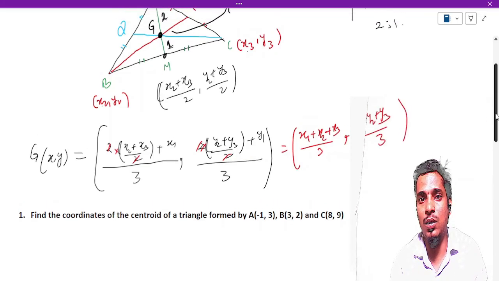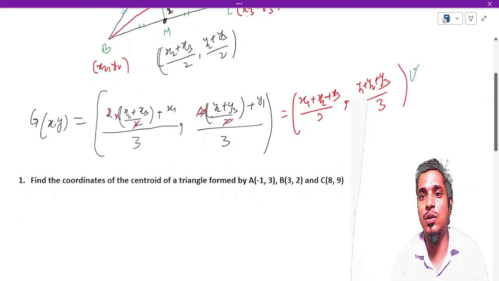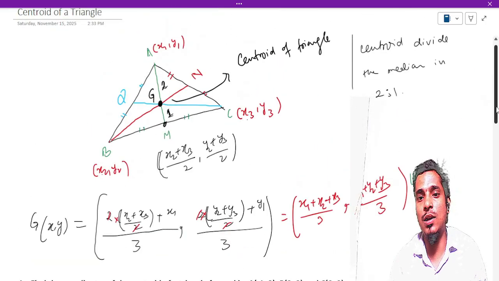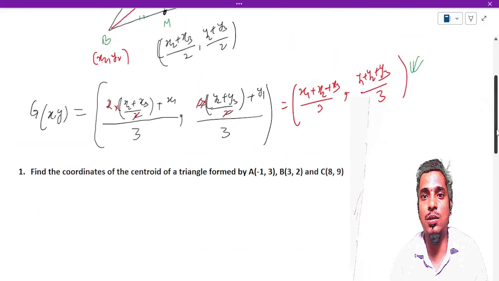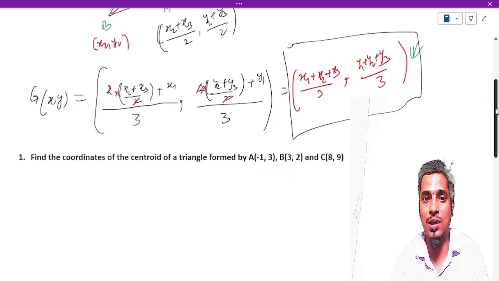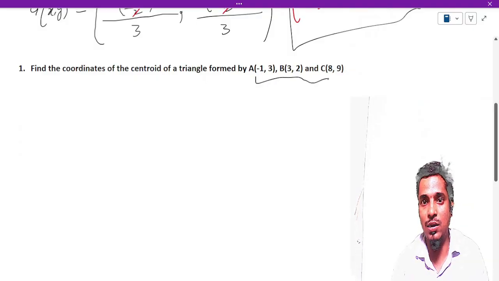So this is the formula for finding the centroid of any triangle whose three vertices are given, A, B, and C. So now let's see, this is the formula that we have to use in finding the centroid of a triangle when the three vertices are given. Now here in this question, we have given the three vertices of a triangle, and we need